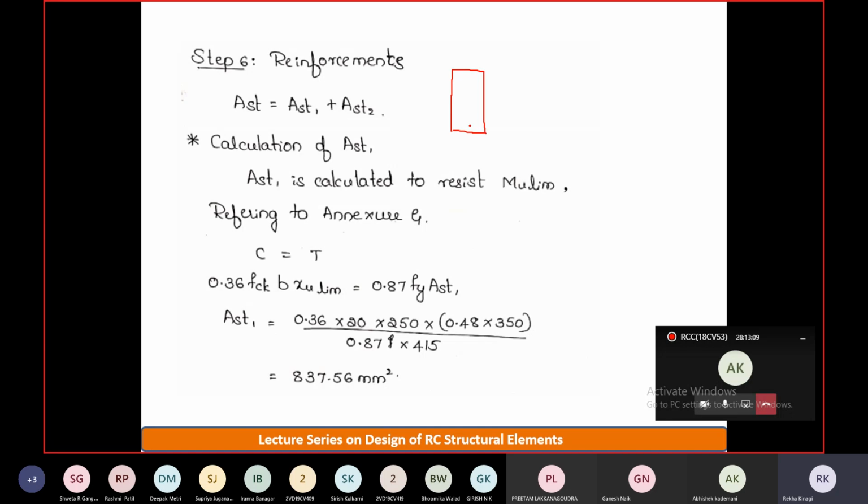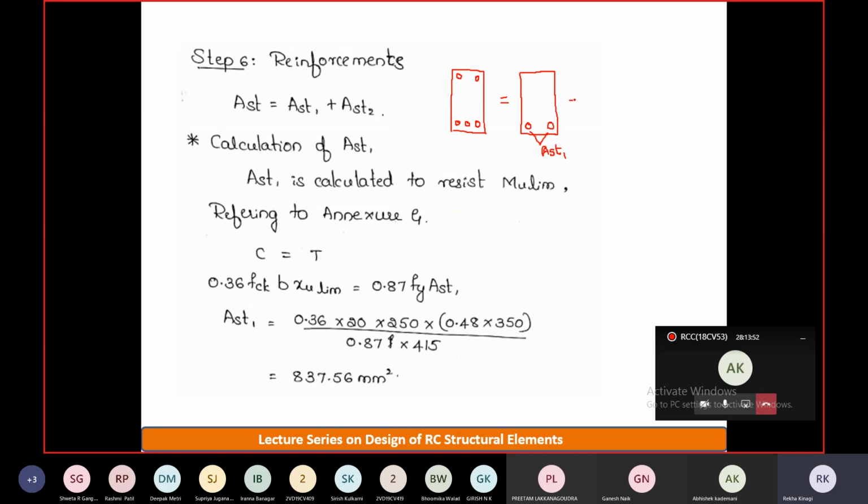Suppose this is the doubly reinforced section with Ast as well as Asc, then we are going to bifurcate this section into two parts. The first part is nothing but the singly reinforced rectangular section, where we consider it to be a balanced one, so that it has only the tension reinforcement, and that tension reinforcement we call Ast1.